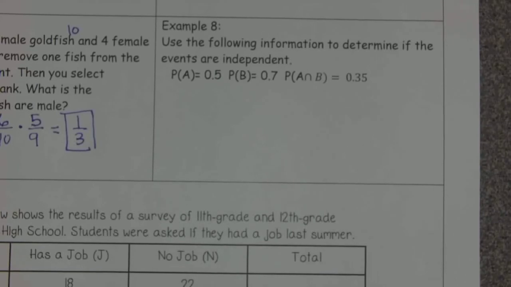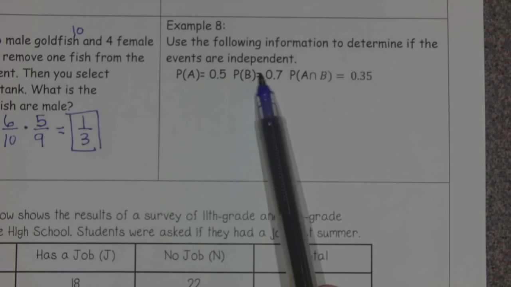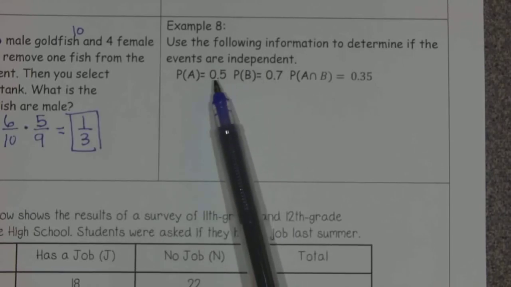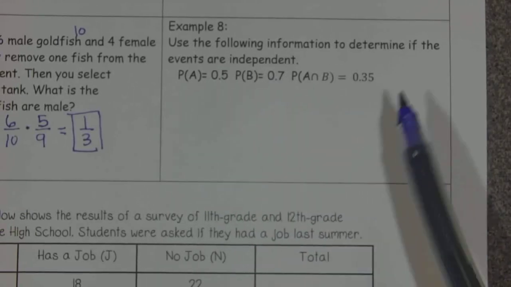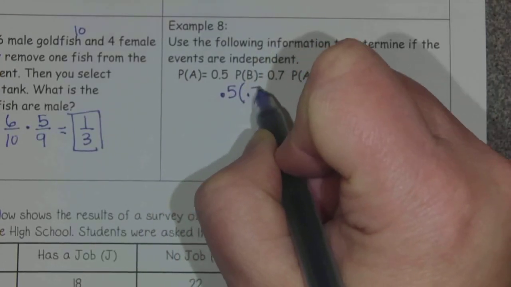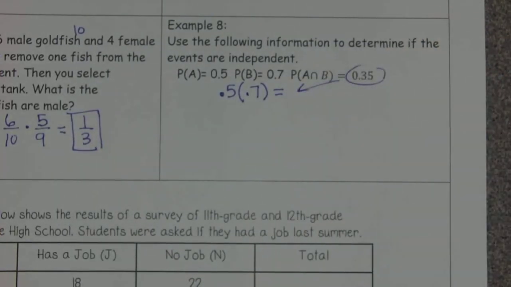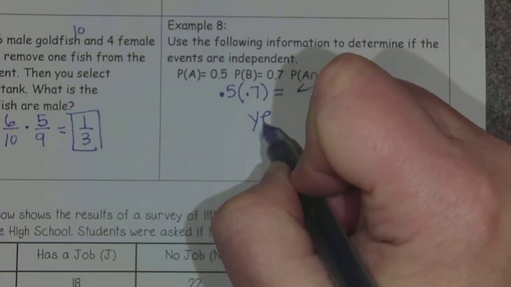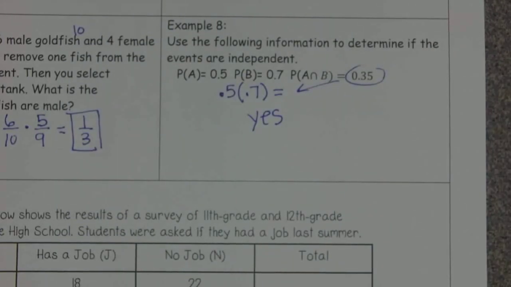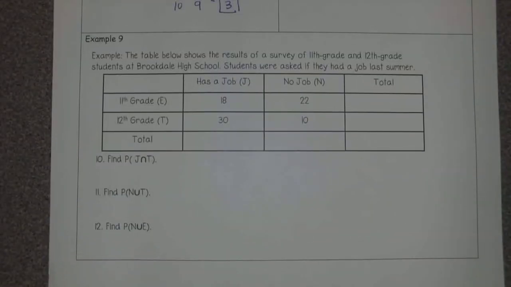Number 8, use the following information to determine if the events are independent. If they're independent, we multiply them together. If they're independent, when we multiply these together, we'll get 0.35. So you just have to multiply the 0.5 and the 0.7 and see if it equals the 0.35. Because it does, the answer is yes, these are independent. Okay? And then the last bit here, it shows the table of values. We're going to quickly do this table, but actually